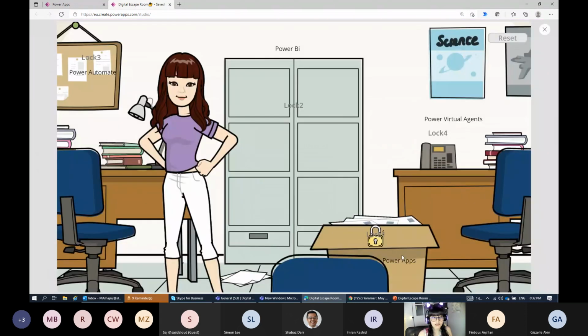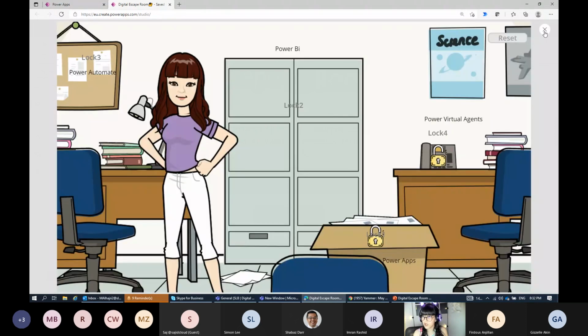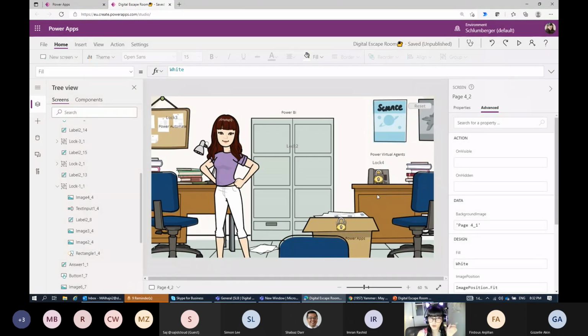Okay, now why am I collecting only the correct answer? What's the idea behind this one? Okay, let me show you the answer. I will try and answer here. And now we are able to see this one. Okay, before we move to the question that I mentioned here, let me show you how we are able to see this one.